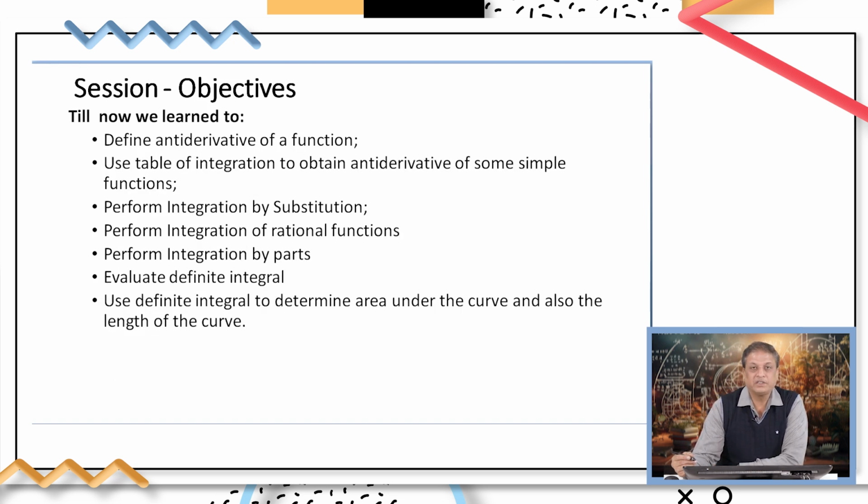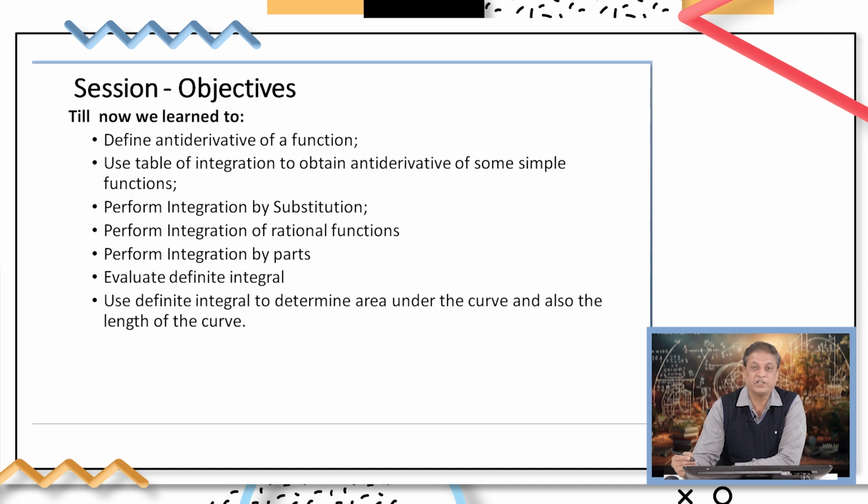So far as integration is concerned, we understood what is antiderivative, how integration and differentiation are related to one another. We had compared the formulas for differentiation and integration and used the table of integration to determine the antiderivatives of some of the simple functions. Further, we extended our discussion of integration and understood how to perform integration by substitution, how to perform integration of rational functions,